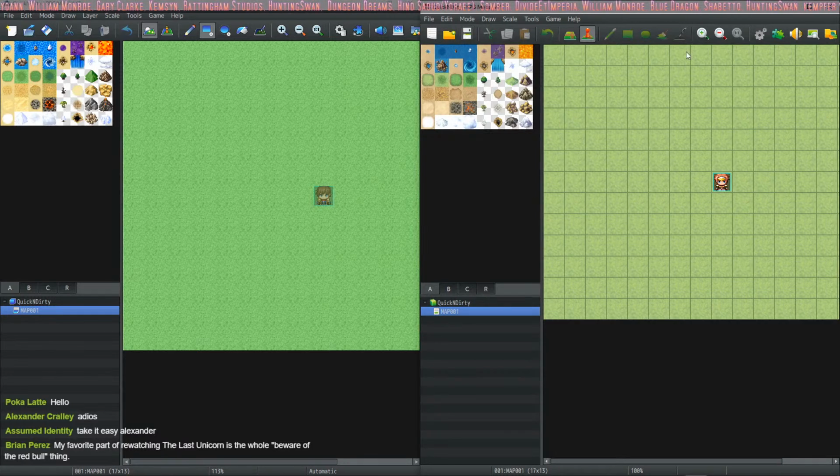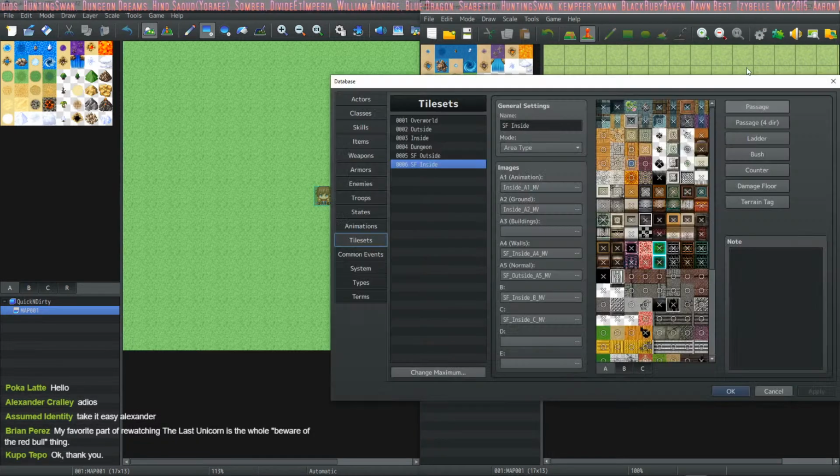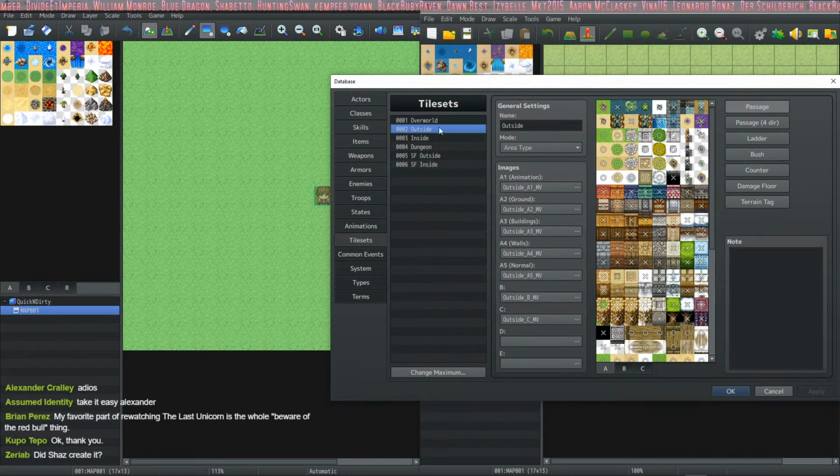So, okay, I updated that. I went in here, changed all of the tile set names to include _MV. I went into the tile sets tab of the database and changed them to look for the new file.